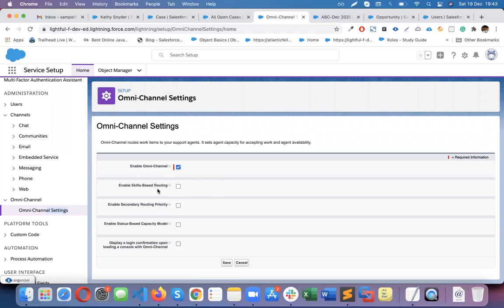So enable omni-channel. See here, enable skill-based routing. Skill-based routing means, as soon as the case is created in Salesforce, based on the skill-based matrix, the case will be assigned to a user. Suppose some of the users are familiar with installations, and some are familiar with fixing the printer issue or something like that. So based on the case subject, it will route the case to specific support engineers. So if we set up the skill-based routing,